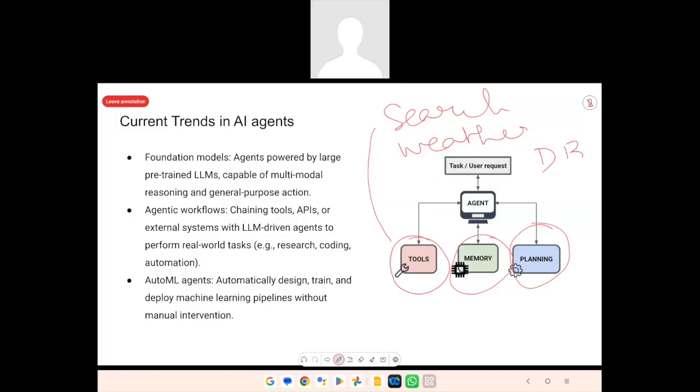In a similar way, agents require these tools, and memory is nothing but history. By history, what I mean is it remembers what I was asking, and it also has a memory of that. And finally, it plans. Okay, this user was asking these, and these are the tools we have. This current question is this one, and it plans, it executes, and gets the answer.